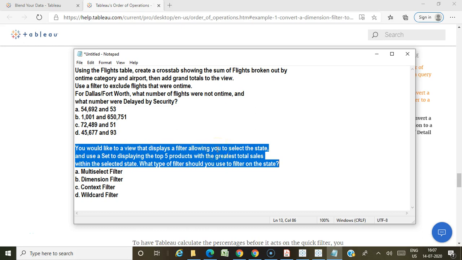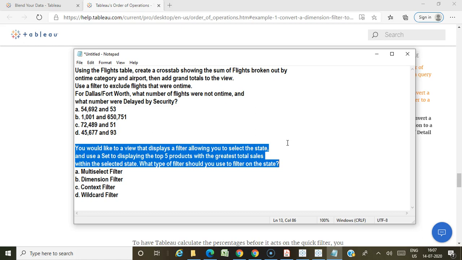Which type of filter should you use to filter the state? Understand the question well. You have to find the top 5 products within the state, using a set, and within the state you have to find the greatest total sales.